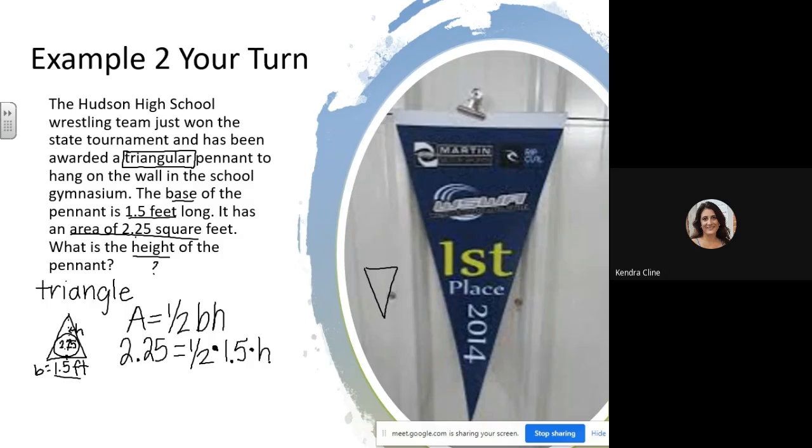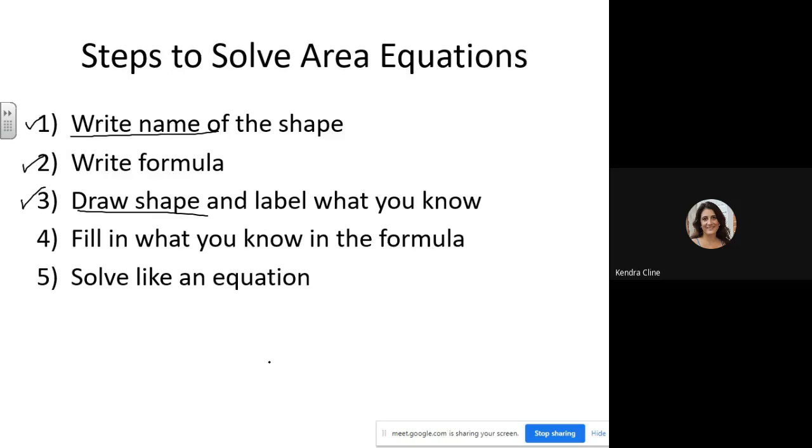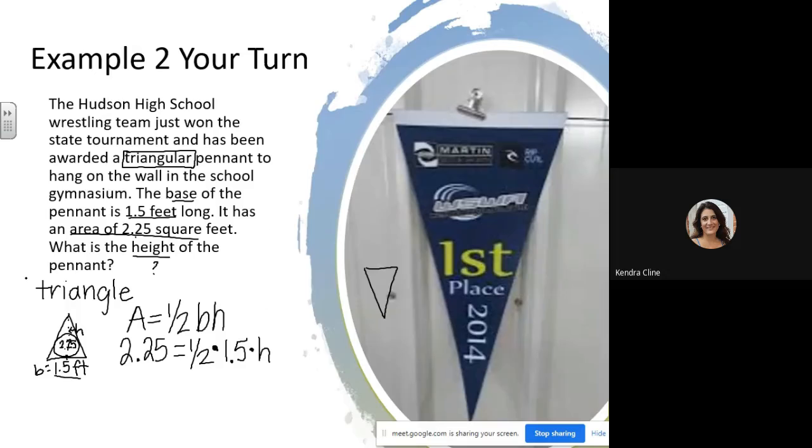Okay. So now that we've plugged everything in, we're going to do number 5, solve like an equation. So my goal is to get H by itself. What's attached to H? 1/2 times 1.5. So what I'm going to do is clean this up. This is the new thing again. We've not really worked on this where we've got 2 things attached to the variable. We're going to combine these 2. We're going to do 1/2